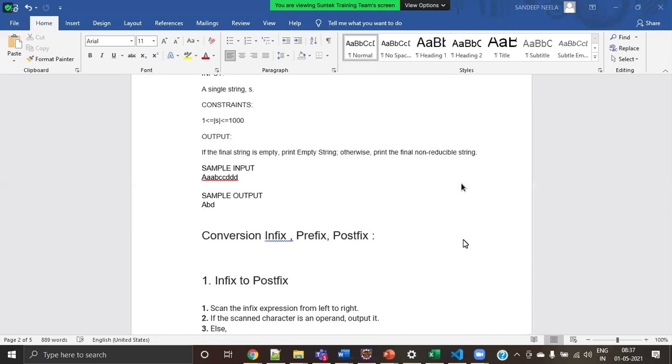But sir, here in the output one C should be there, no sir? Sample output. One C should be there, no? Two C's are there, so one C will be deleted. But in the sample output, they didn't show that. Here, only two C's are there adjacent. They are adjacent, so we can delete them. If there are two adjacent, we can delete both. Yeah, both we can delete if they are adjacent. Okay, sir. Okay, cool.